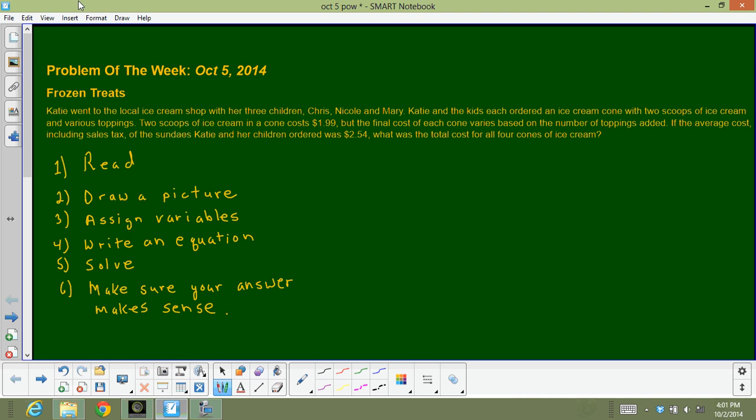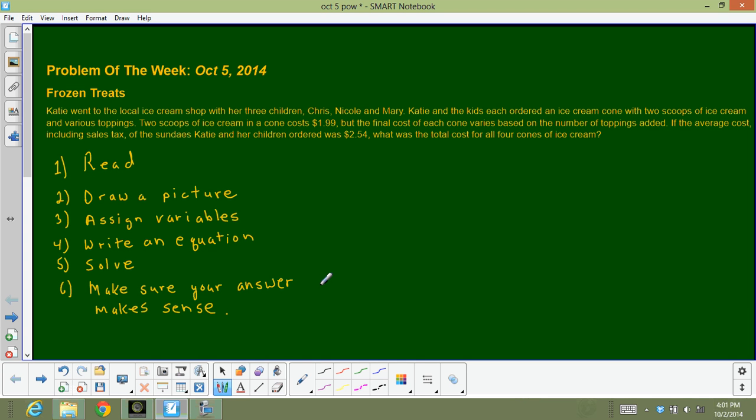Okay, this is the problem of the week for the 5th of October. And the title is Frozen Treats. And as you can plainly see, it is a word problem. And just before we get into this word problem and give you a few things to remember about